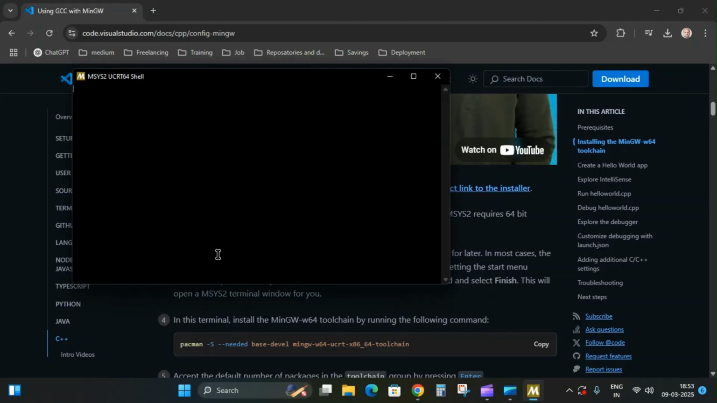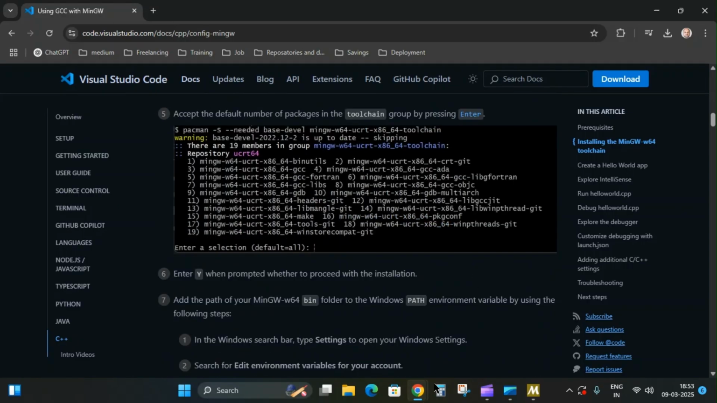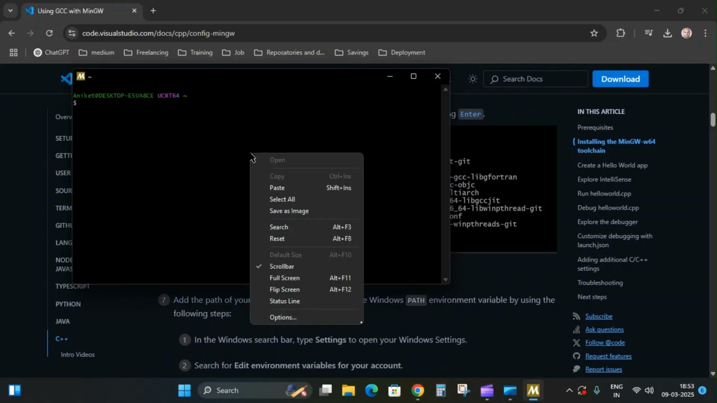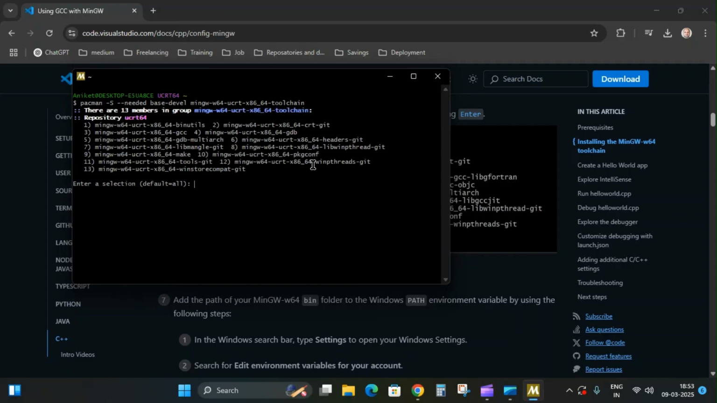Then one terminal will open. We need to copy paste that command. It is the MinGW64 toolchain installation command. We need to paste that in the terminal and press enter. Now installation will start. Then we need to accept the default number of packages in the toolchain group. We need to press enter,